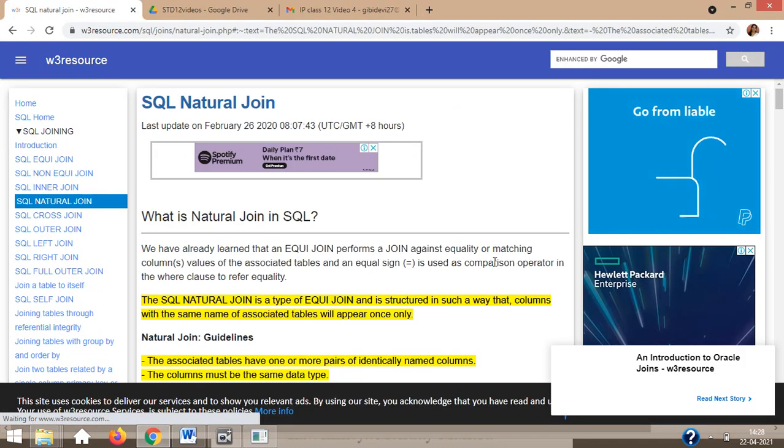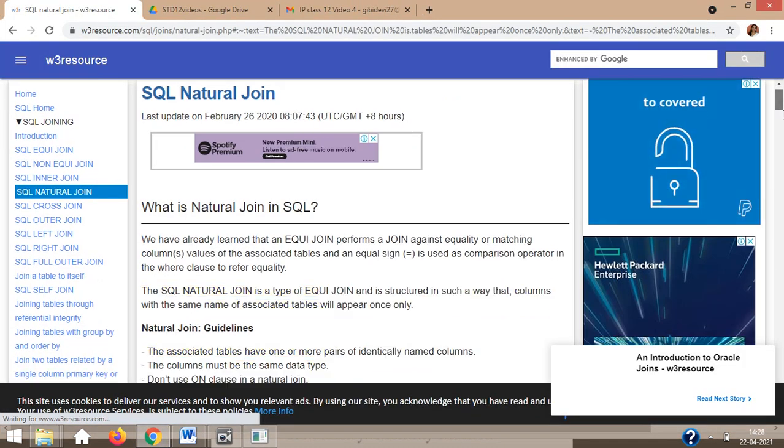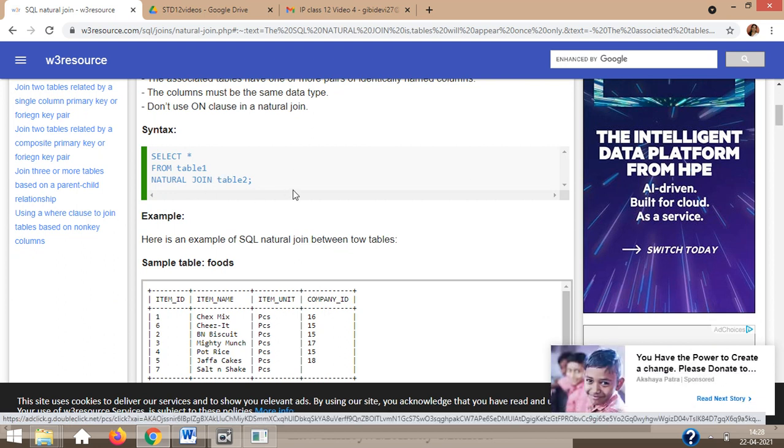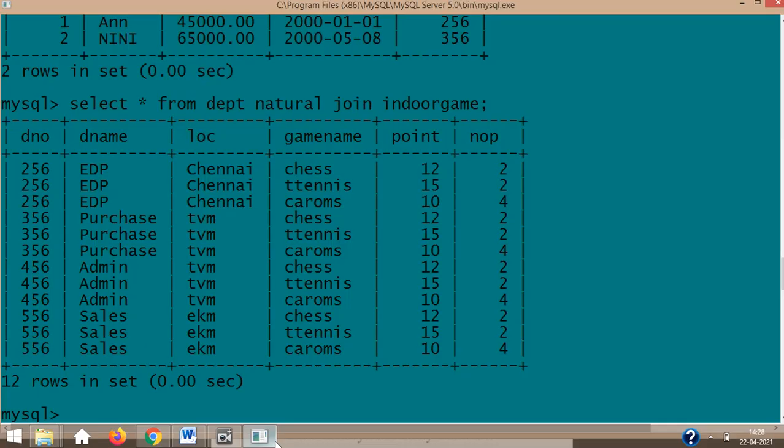So natural join, I'm just showing you from the internet itself. See, from table 1 natural join table 2, this is how the joins will work in MySQL, whereas in other SQL DBMS, what I showed like this way will also work. But for you, this is just to understand theoretically and provide an example. This example is very important. That is why I showed the example with your indoor game. What I was telling was this way. This way also it should have worked, but it didn't work because this MySQL is not supporting it.